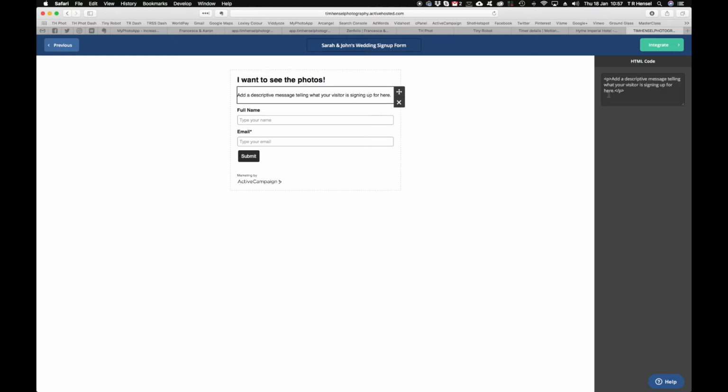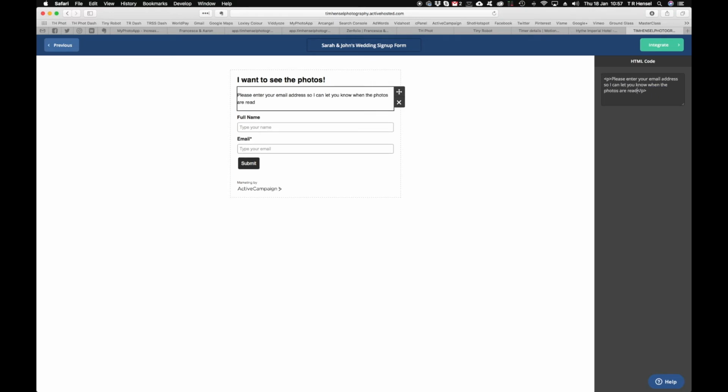And again, just between those paragraph tags, I'm just going to put please enter your email so I can send you the photos, or whatever you like, but you know, whatever your appropriate messages you want to put in there, and then we're just going to edit the submit button. Okay, that all looks fine to me now. So that being done,